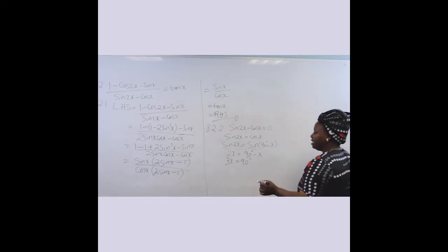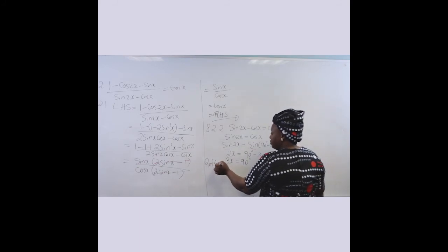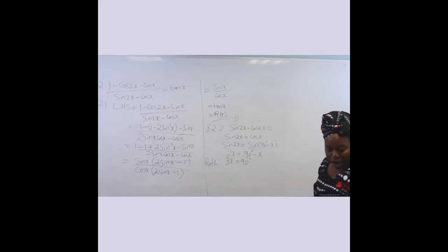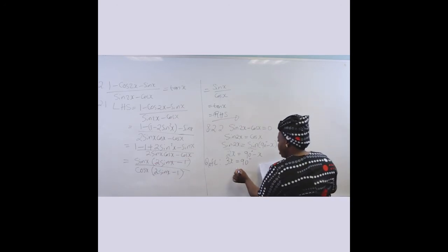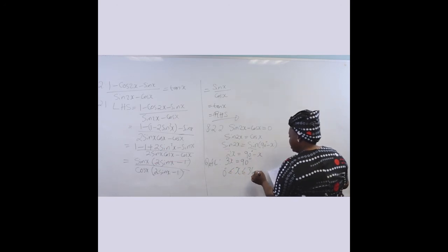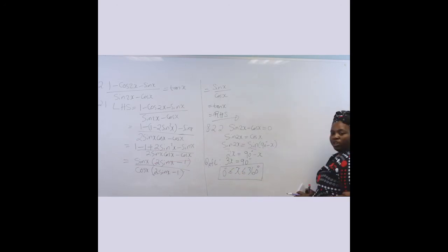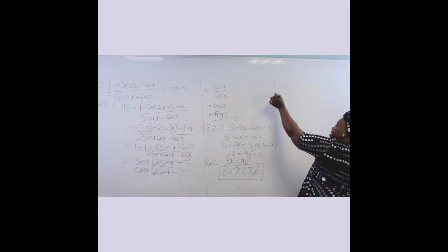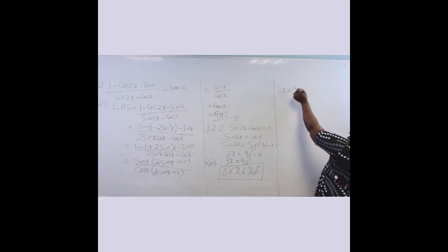Now this is our reference angle. Remember, we are looking for them in the boundaries of x being greater equals to 0 degrees, less equals to 360 degrees. So this is where our solution must fall within. Can be 0, can be 360. So how do we do that? We're going to use it as if we were doing general solution. We're going to say 3x is equals to 90 degrees